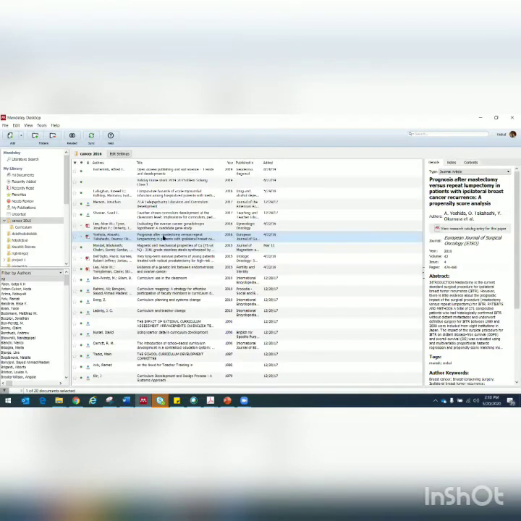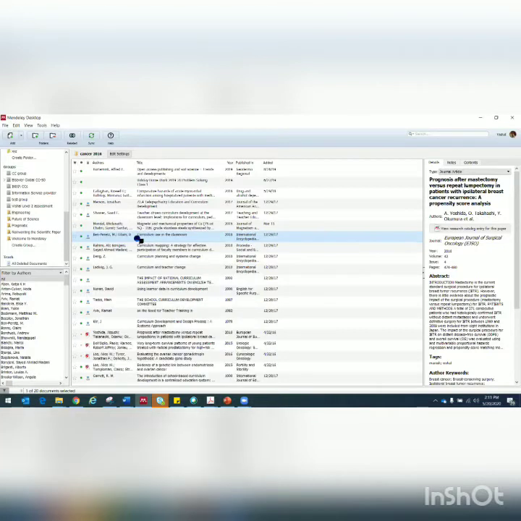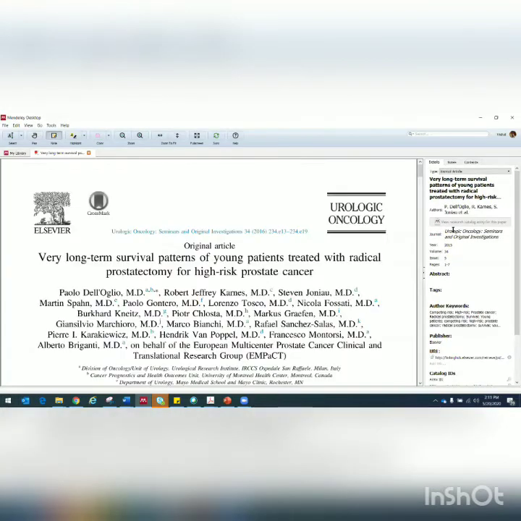Once you are done with all the highlighting, you can share it in that group. So you see all the groups are mentioned here. So in that private group where you have all the concerned people, you can simply click on this article, drag and drop it to that group. It will straight away go to that group. All the members of this group will get a notification that an article has been added by so and so person, and then they can open this group article and then find out the notes from here.